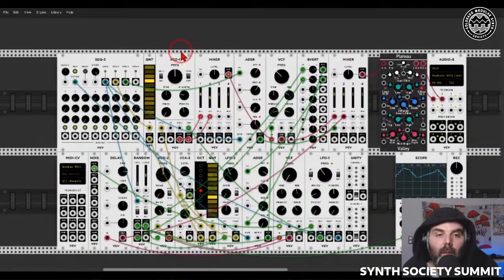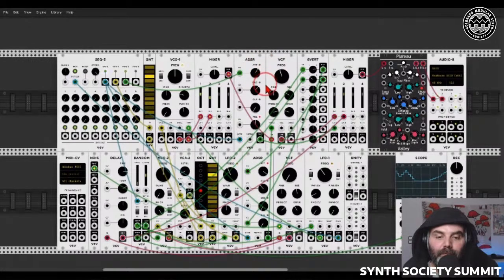The voice itself is coming from the VCO1. I'm sequencing it with the first row of the sequencer, and I'm mixing the saw and the square with this mixer, modulating the pulse width with the LFO. And again, the rate of the LFO is always changing. Let's open the filter a bit. And now this is going from the mixer to a low-pass filter, and to the output, to the mixer, and to the reverb, of course, because again, reverb is live.